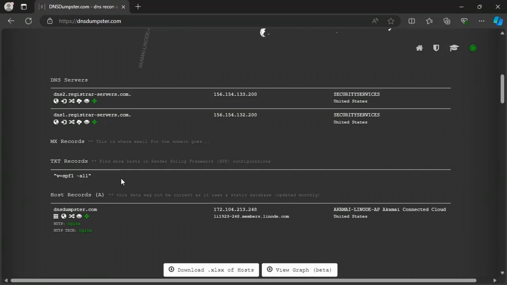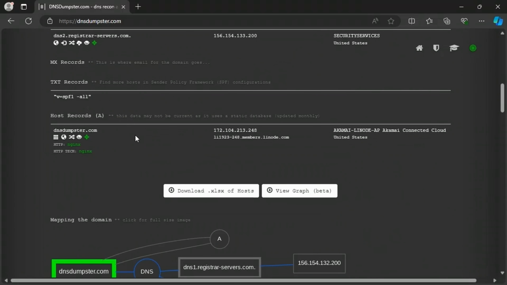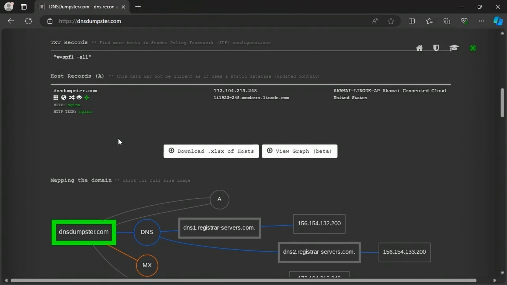And TXT records can be useful for finding a variety of information, including things like security policies, comments left over by developers, network descriptions, and more. So oftentimes during your penetration and network mapping, these two sections are going to be very useful for your reconnaissance and reporting. And then we have a host records section, which gives us more detailed information about the host itself. If we want to download copies of this information, we can download .xlsx copies of this, or we can click on View Graph,